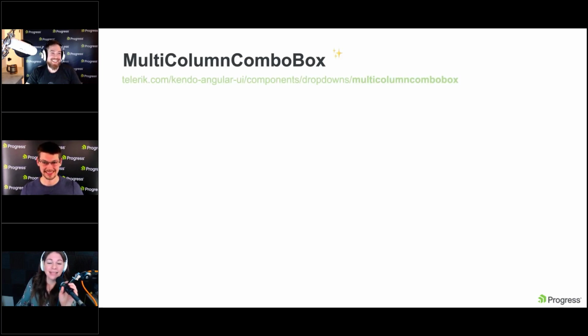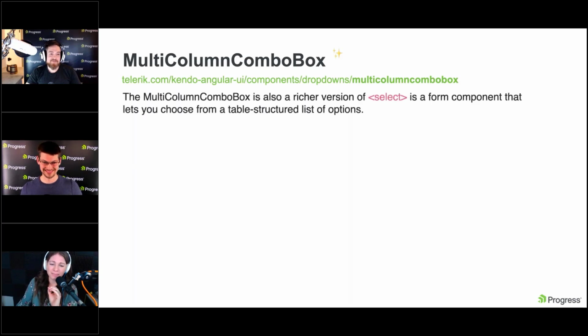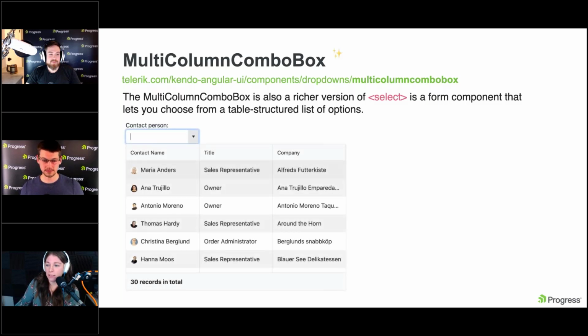that. But here is the link to the multi-column combo box in our docs. And again, as I mentioned, it's a richer version of the select HTML element, and it lets you choose from a table structured list of options. So here is a screenshot of that gorgeousness going on. And if we go, yes, there, it also has these features of data binding, of course, naturally, filtering, templates, and